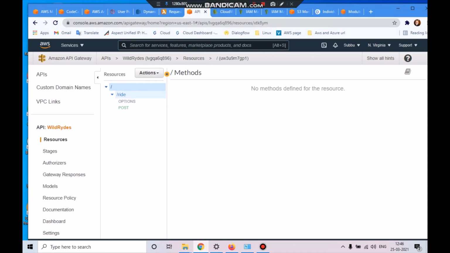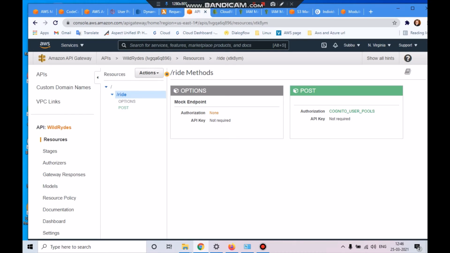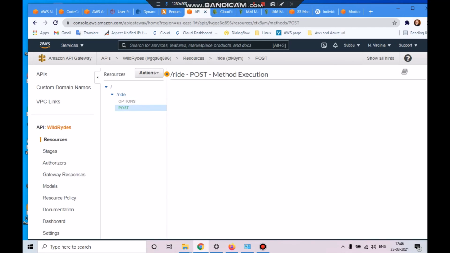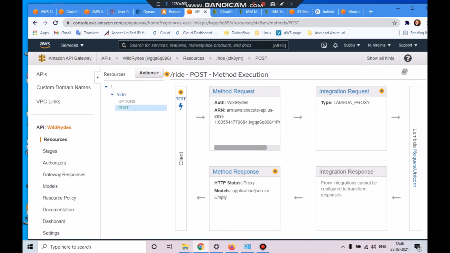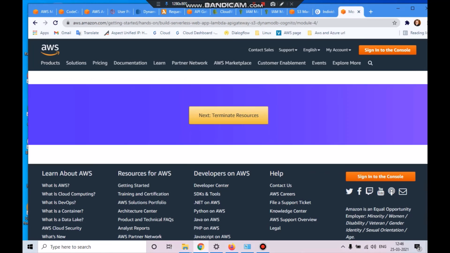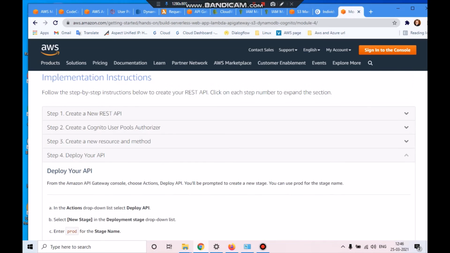Post. What type of method request, integration request, and what response it's throwing back, all the information is there. You have to follow the same steps that are written over here.